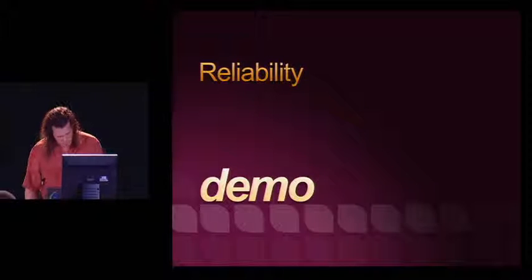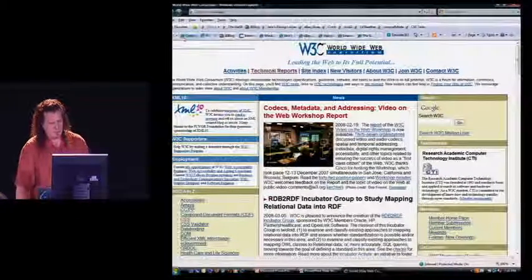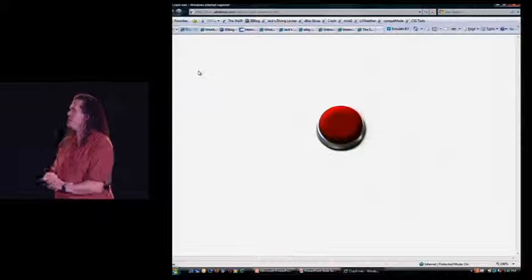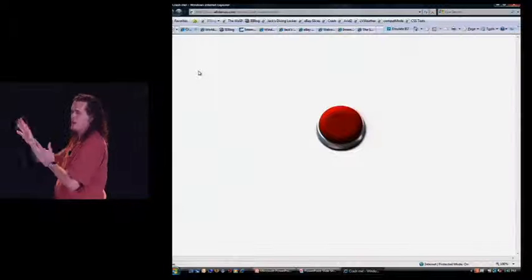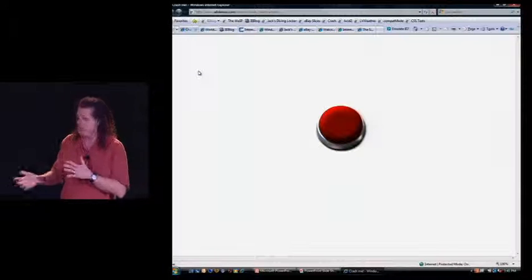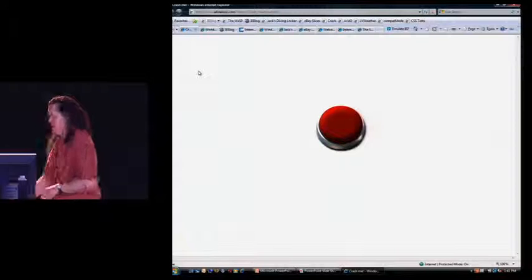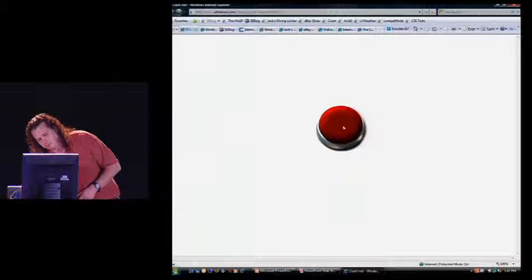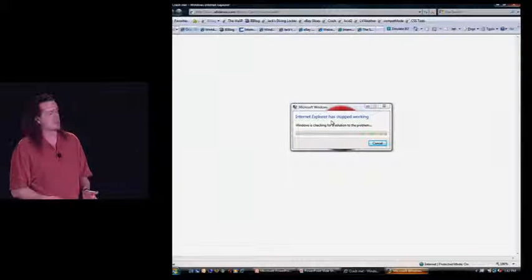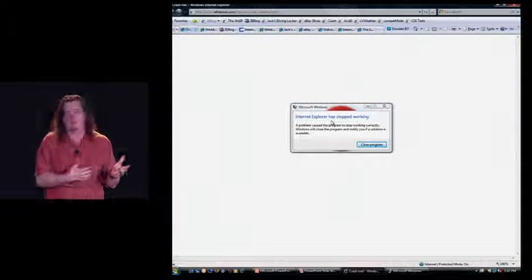And I wanted to really briefly show this. I've got a whole bunch of tabs loaded right now. And my favorite website, the Crash Me website, this has a special ActiveX control that I've obviously installed on my machine and put on only for this site. Normal users don't have this control. Don't go looking for it. And since I'm a sucker for a big red button, I'll hit the button. And obviously, this is one of the very few times I actually do want the browser to crash when I click the button. But as you expect, you get this dialog.